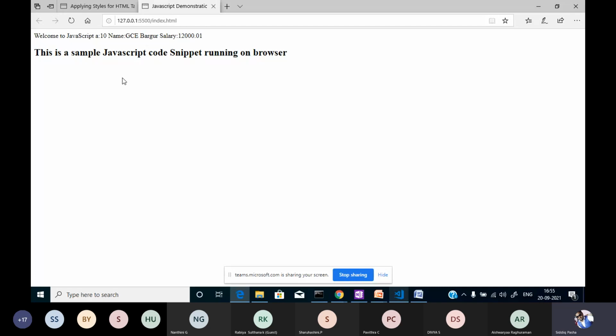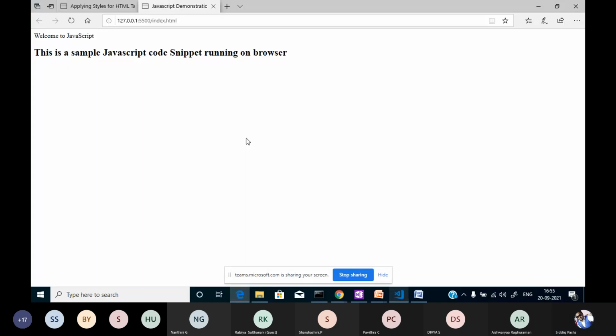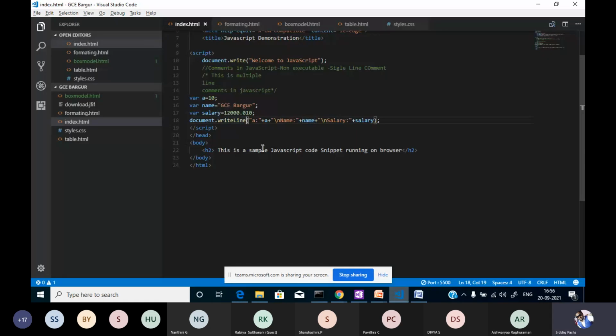We can also use the method document.writeln over here. What happened here? We can't use that, we need to use only write.